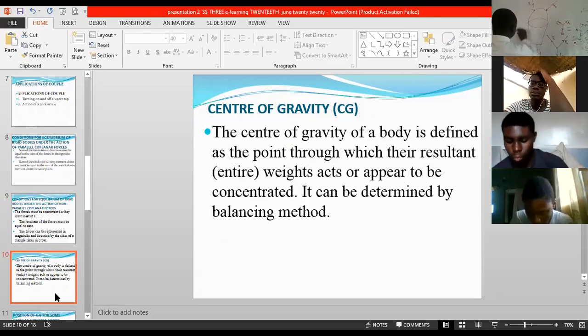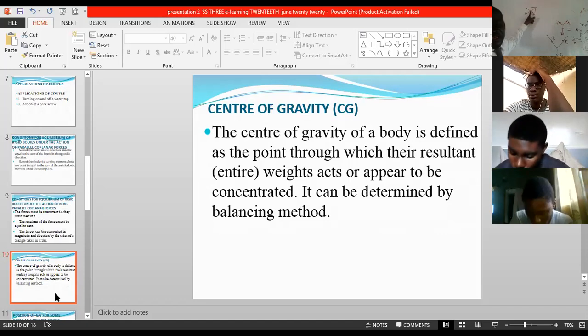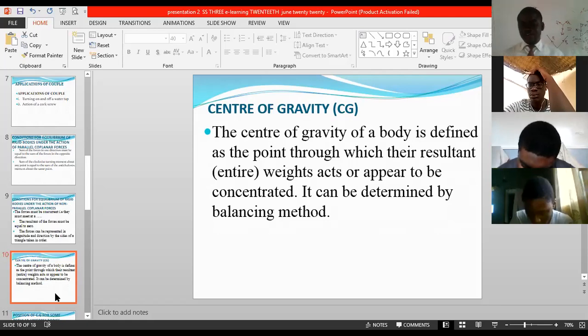Like, look at this. Now, if I want to find the center of gravity of a square, it is the point of the diagonals. The point where the diagonal lines meet is the center of gravity. Once you draw diagonals, the point of intersection of the diagonal lines is the center of gravity, including a rectangle. A rectangle too, the point of intersection of the diagonal lines will give us the center of gravity. Okay? Then a meter rule: the center of gravity is at the 50 centimeter mark.